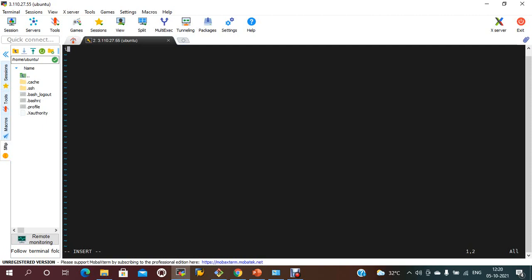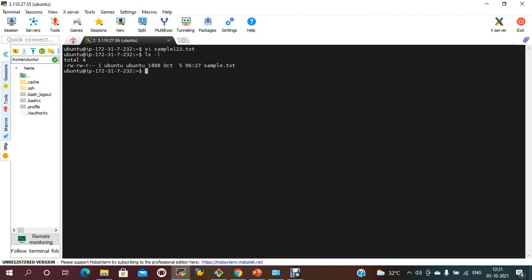If you want to quit, you just need to press colon q and the exclamation symbol, so it will quit without saving. If I check now with ls -l, that file doesn't exist, because we didn't save the changes.